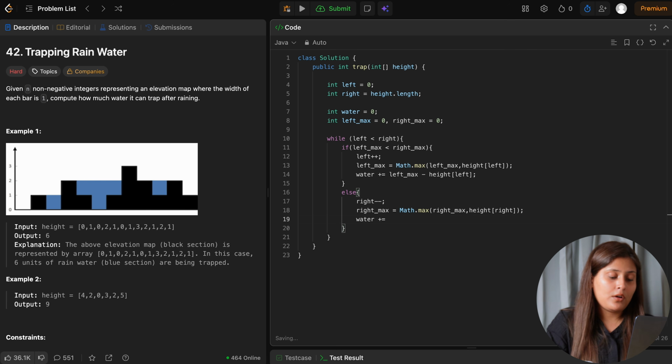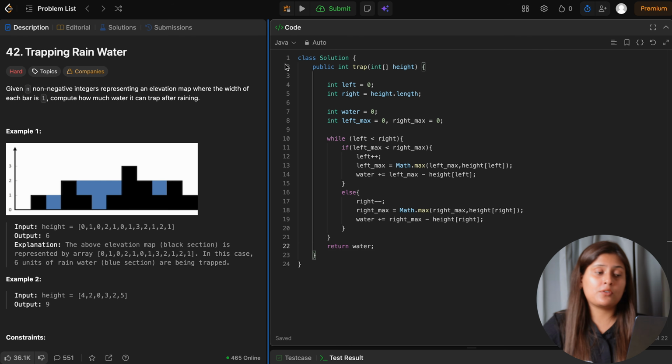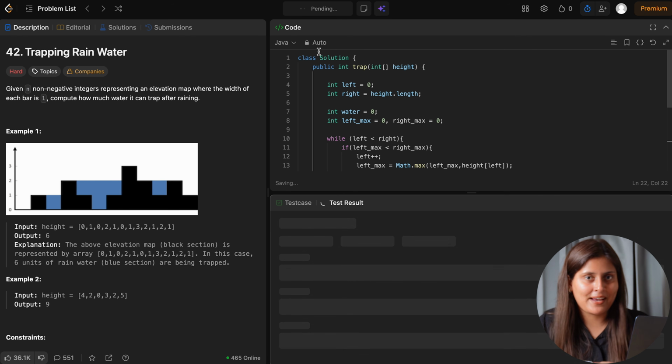The right max will be the height of the water which we are thinking, and if there is any block present, then that block height we will subtract, right? And after coming out of the while loop, we can simply return our whole water which we have calculated from the left side and from the right side as well.